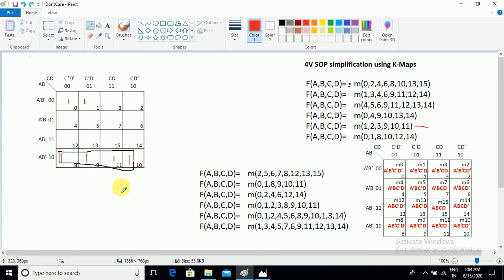Okay, the next problem, 0 2 4 6, 0 2 4 6, 0 2 4 6, 12 14 12 14. It is also the same as the previous problem, just before we practice this model. Very simple. We cannot do the 6 cell grouping because in K-map it is not recommended, so we have to go for 8 cells, but 8 cells are not possible.